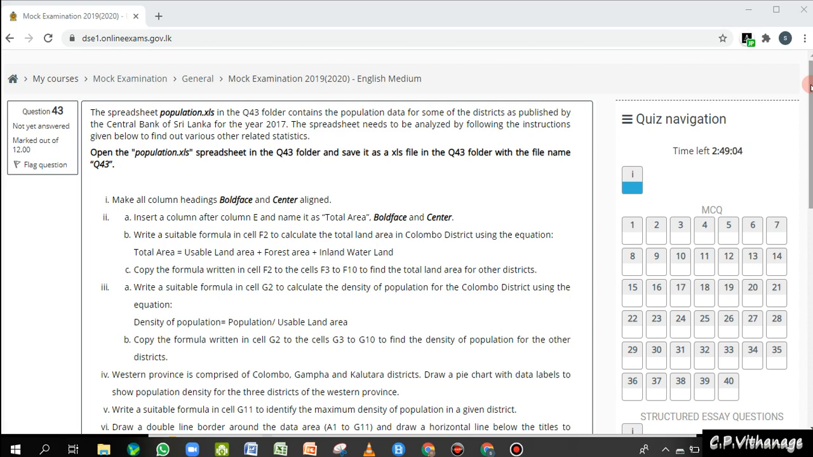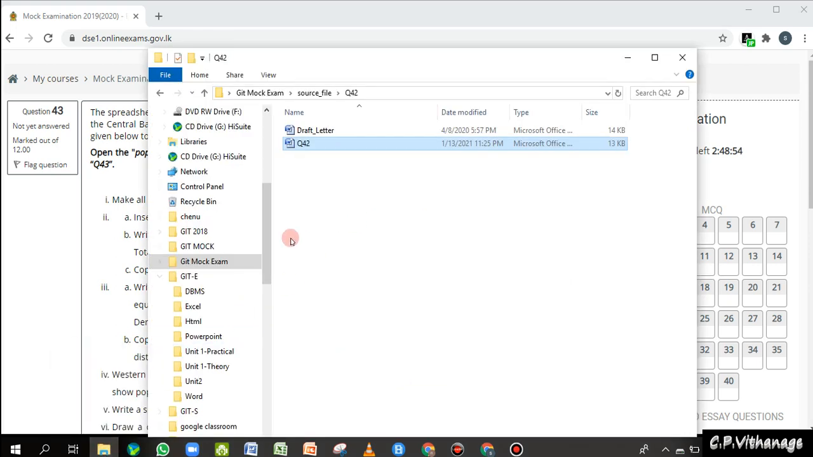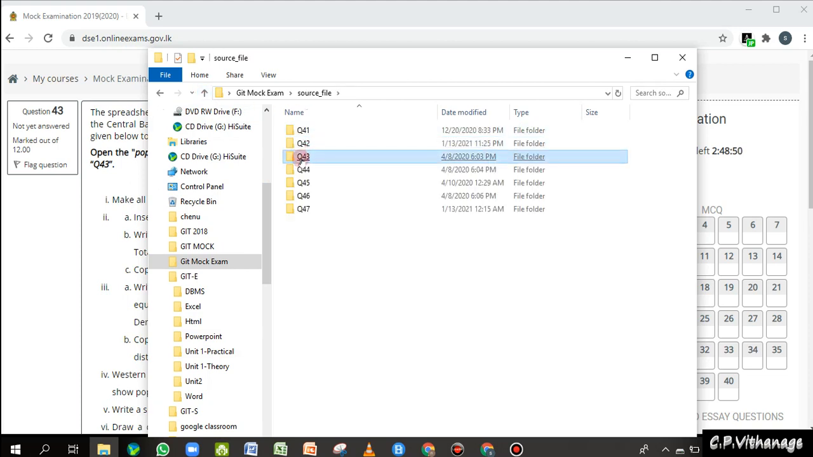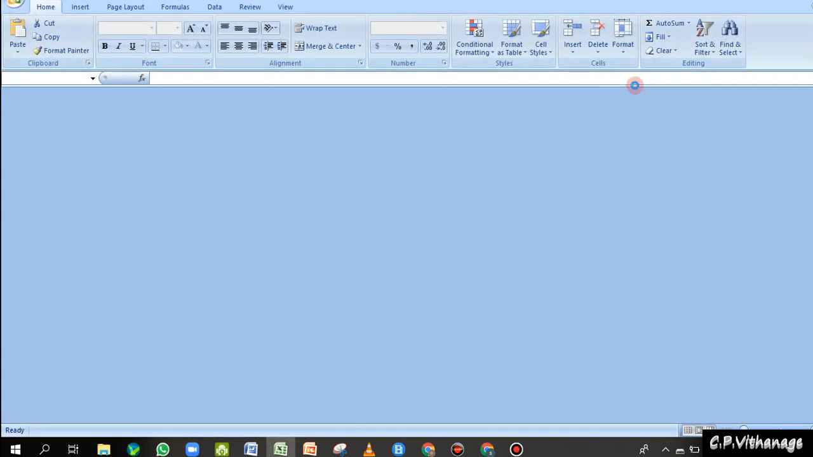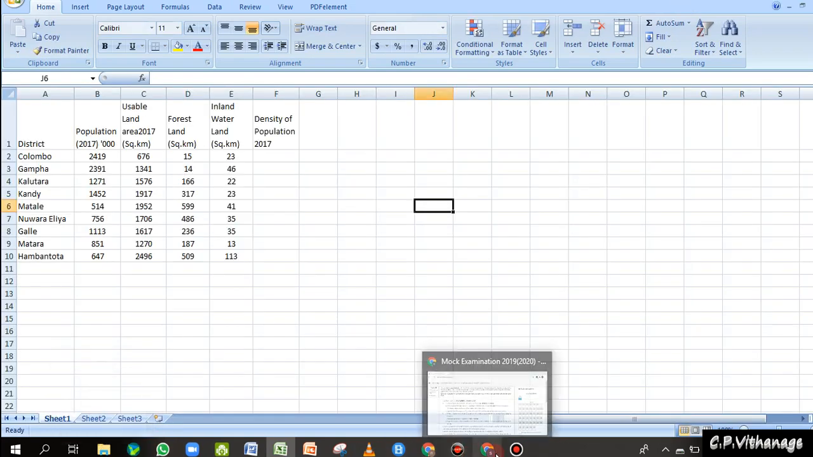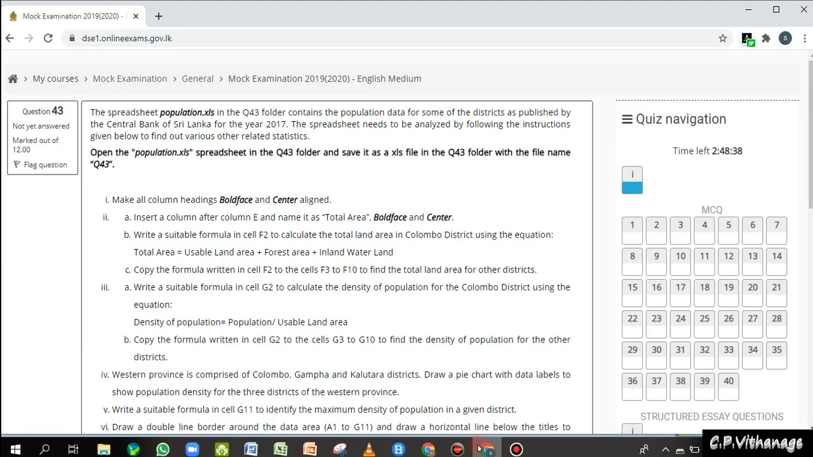Now, the question is: the spreadsheet population.xls is in the Q43 folder. Now we have to go to the Q43 folder. I have already opened the folder. Inside that, the population Excel sheet is there, so I just opened it, and then I go to the question paper. It says